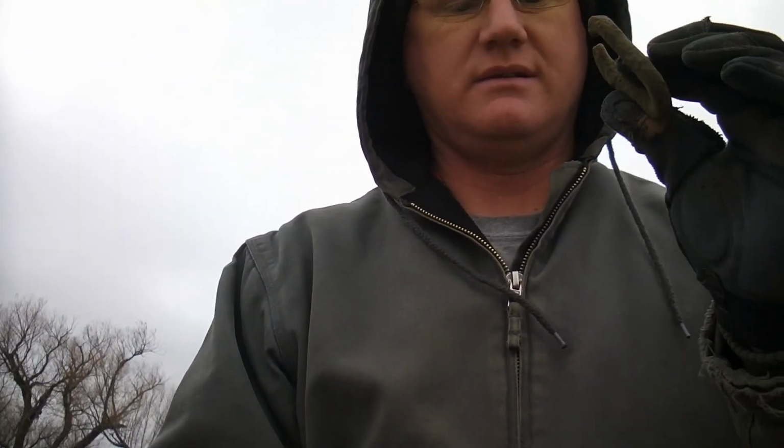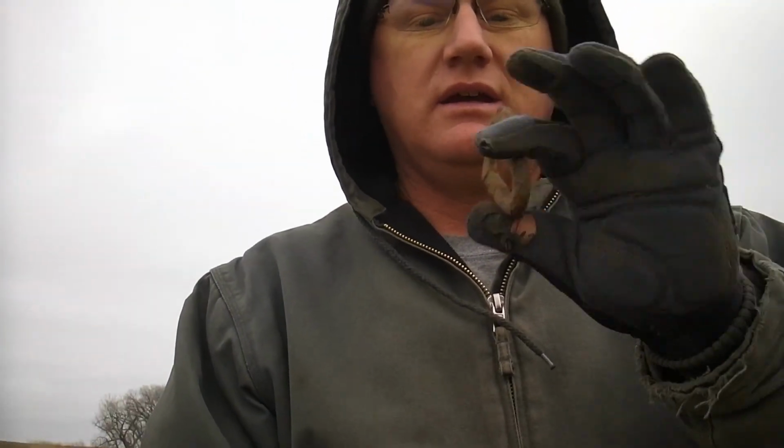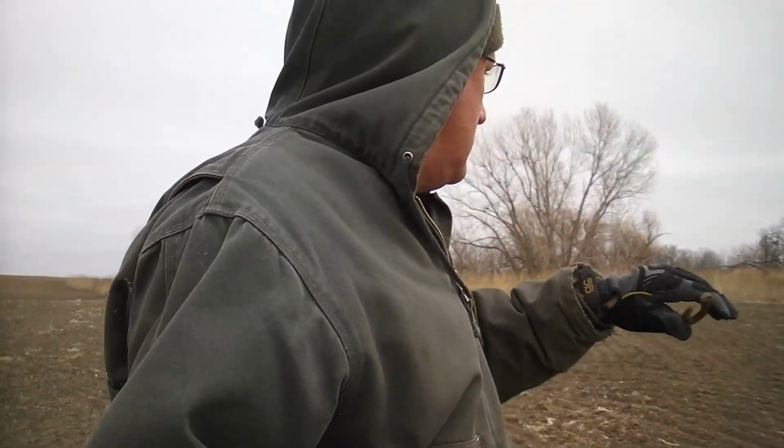Okay, so I just dug, I suppose it's a piece of chain. Yeah, in fact, actually, in a minute I'll show you a close-up. This is a hand-forged, blacksmith-made piece of chain. Everything I've dug that I've showed you so far, and I've dug a few more pieces that I haven't shown you, just because I like to keep moving more than filming, have all been dug in a small area behind me. Now, everything I have dug in all 4 previous videos of this place have been on the other side of the creek in a completely different part of the field. This fort, I hope you can hear me over the wind. This fort